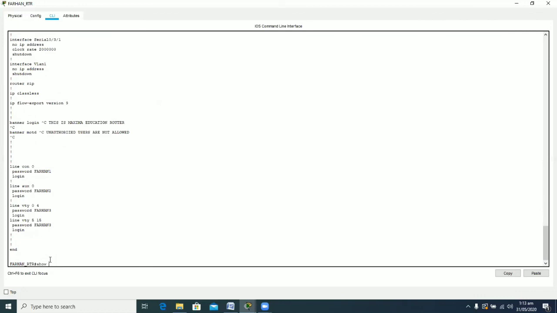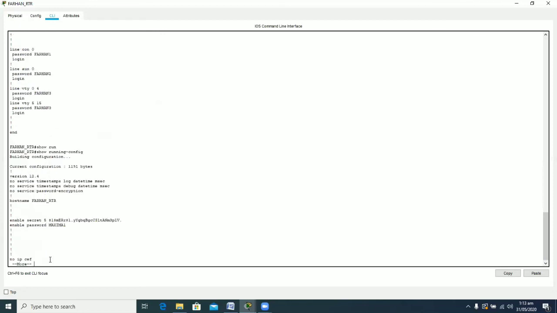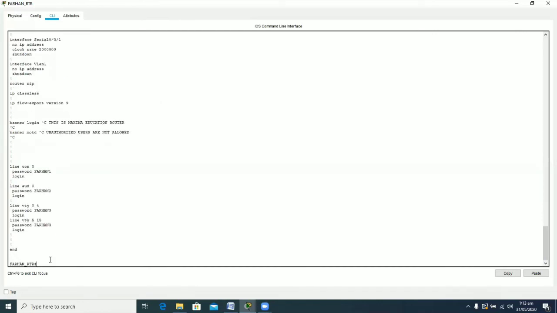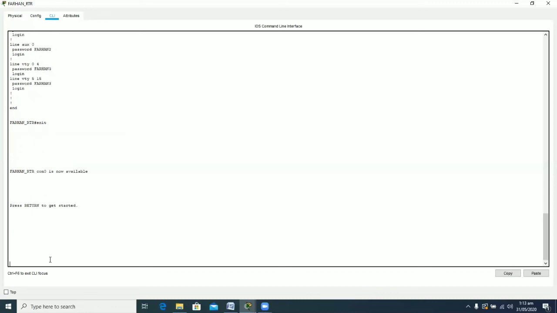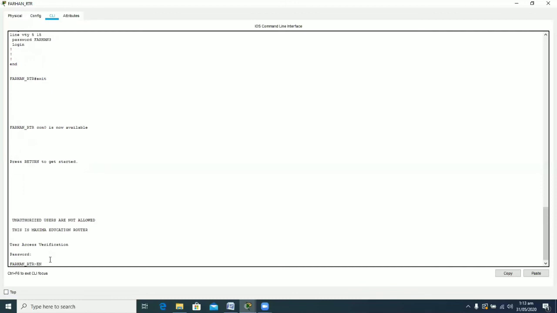And by using the command show running-config, the same will be shown to you, because both the startup and running configuration are same as you have used the write command. So this was the configuration saved in your router. So if the power is now turned off and on again, then all these configurations will be saved. So at last, I am just again entering into my Farhan router, and here I want to